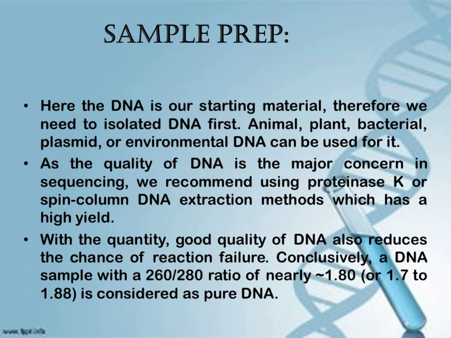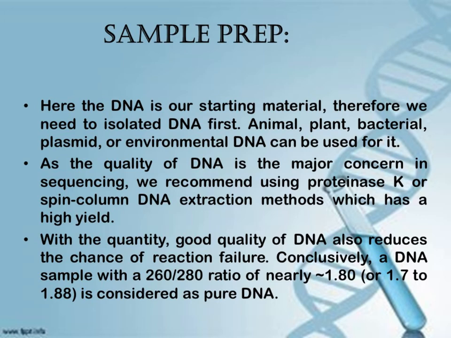The binding solution is transferred to a spin column and the column is put in a centrifuge. The centrifuge forces the binding solution through a silica gel membrane that is inside the spin column, and if the pH and salt concentration of the binding solution are optimal, the nucleic acid will bind to the silica gel membrane as the solution passes through. And to wash, the flow through is removed and a wash buffer is added to the column. The column is put in a centrifuge again, forcing the wash buffer through the membrane. This removes any remaining impurities from the membrane, leaving only the nucleic acid bound to the silica gel.